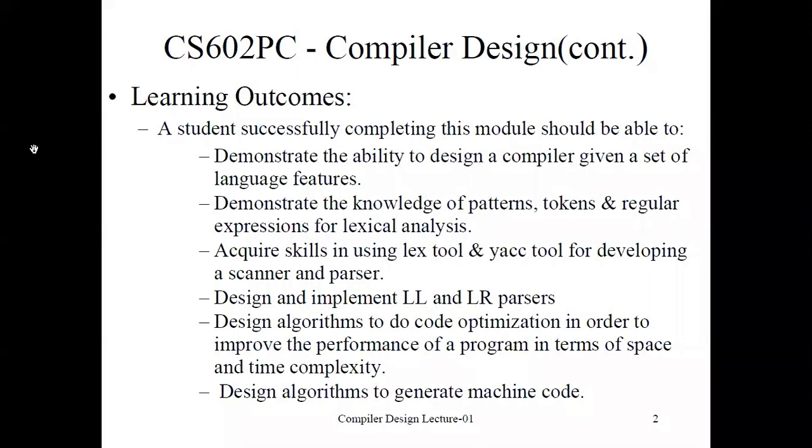In formal language and automata theory, you completed that course recently. In that you can recall the applications of finite automata or theory of computation. One of the applications is in compiler construction. In compiler construction, finite automaton is used for the first phase of compiler, that is lexical analysis, also called the scanner.